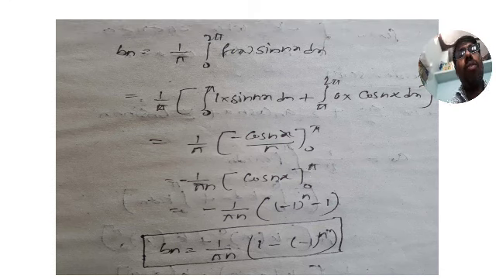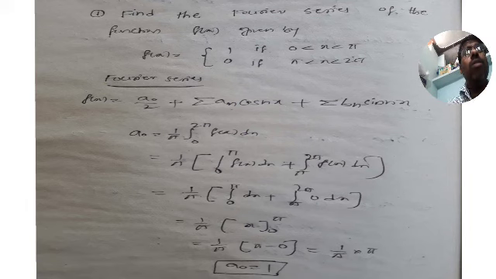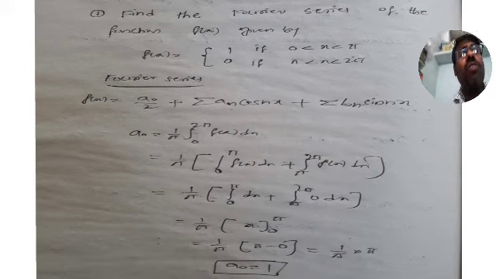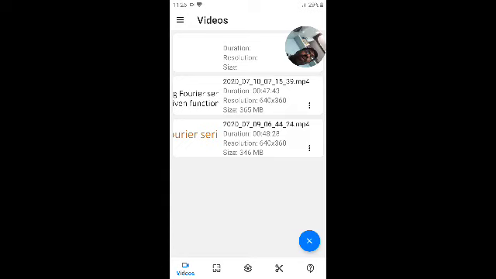So first of all, what we did: you have to find the Fourier series for a discontinuous function. First we find the a naught value. A naught is equal to what we got, a naught is equal to